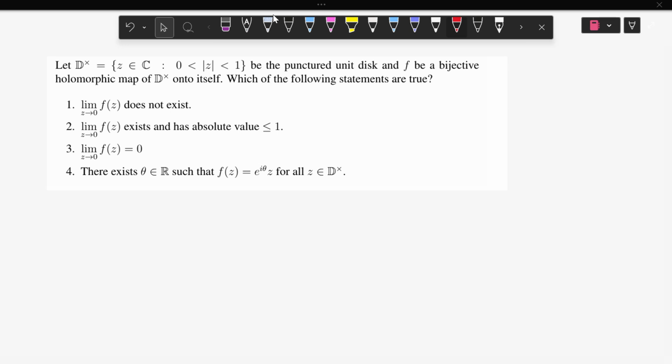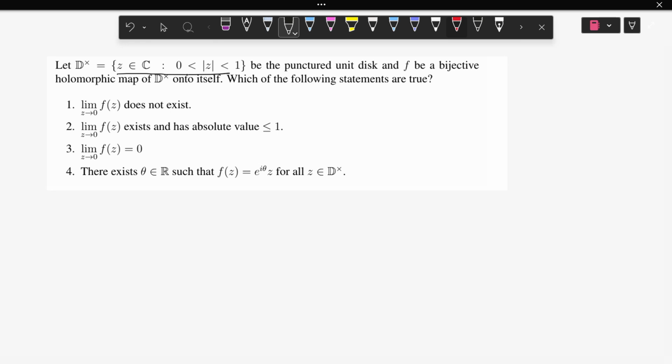Statement 1 is saying that limit z tends to 0 f(z) does not exist. Limit z tends to 0 f(z) exists and has absolute value less or equal to 1. Limit z tends to 0 f(z) का value 0 होगा. And there exists a theta belonging to R such that f(z) equals e to the power i theta z, for all z belonging to D^x. ठीक है ना? Now note that on this punctured unit disk f is holomorphic, so z equals 0